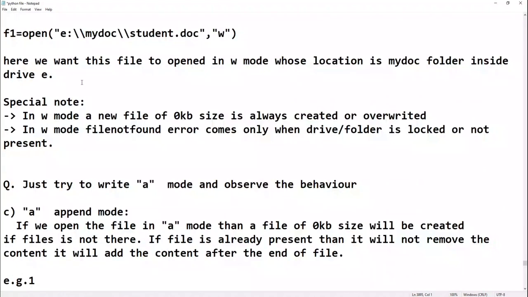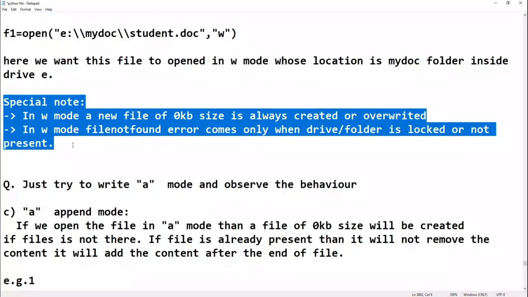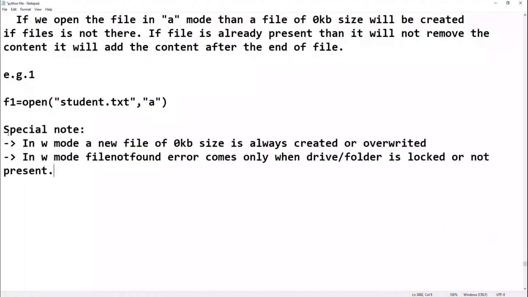Fine. So now a special note about this. In A mode, a new file of 0 KB is created if not present. Simple. Now in A mode, a file not found error comes only when the drive or folder is locked or not present.